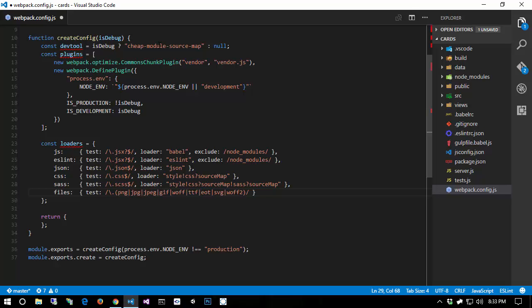Things like SVGs and WOFF2s, those are things like fonts, right? So we want to be able to match all those. And then the loader here is going to be the URL loader, limit 5000. So what's going to happen here is this loader, the URL loader, if the file is smaller than 5,000 bytes,